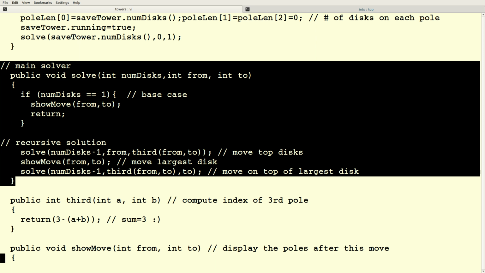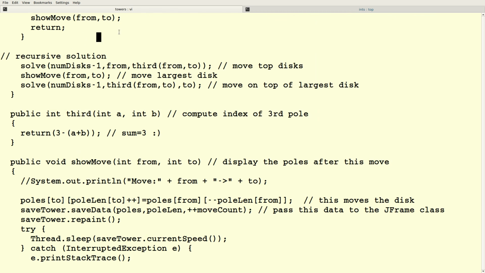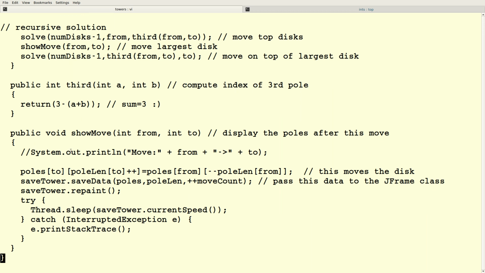And third is another magic function. If you have 2 poles, it tells you what the number of the third pole is. So it's just 3 minus the sum of the pole numbers. And then show move used to just print out what the move is, right? But instead of printing it out, what we're going to do is populate this array information, call save data in that frame, and then repaint the frame.